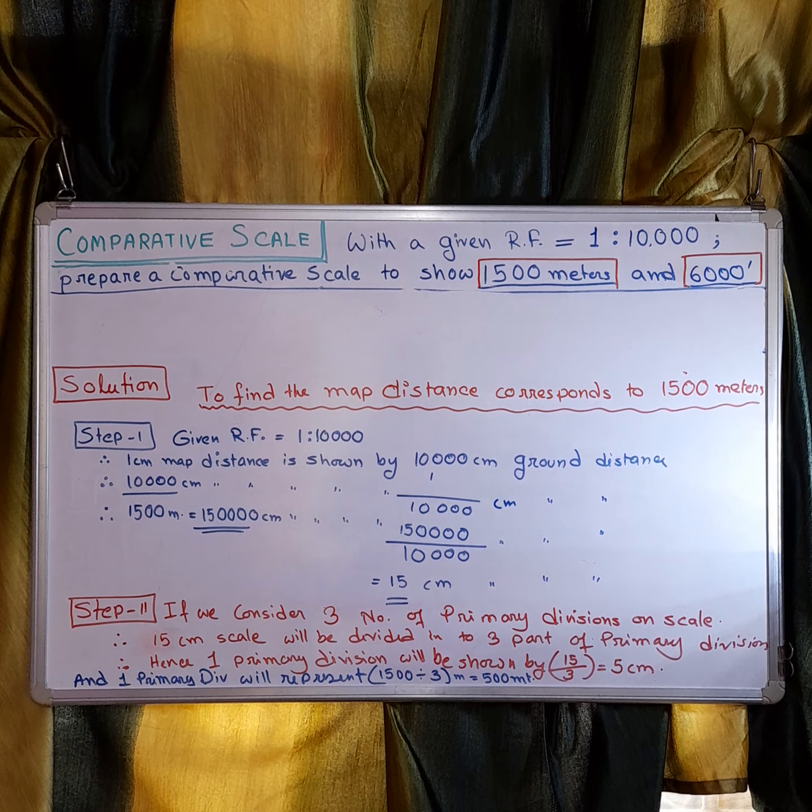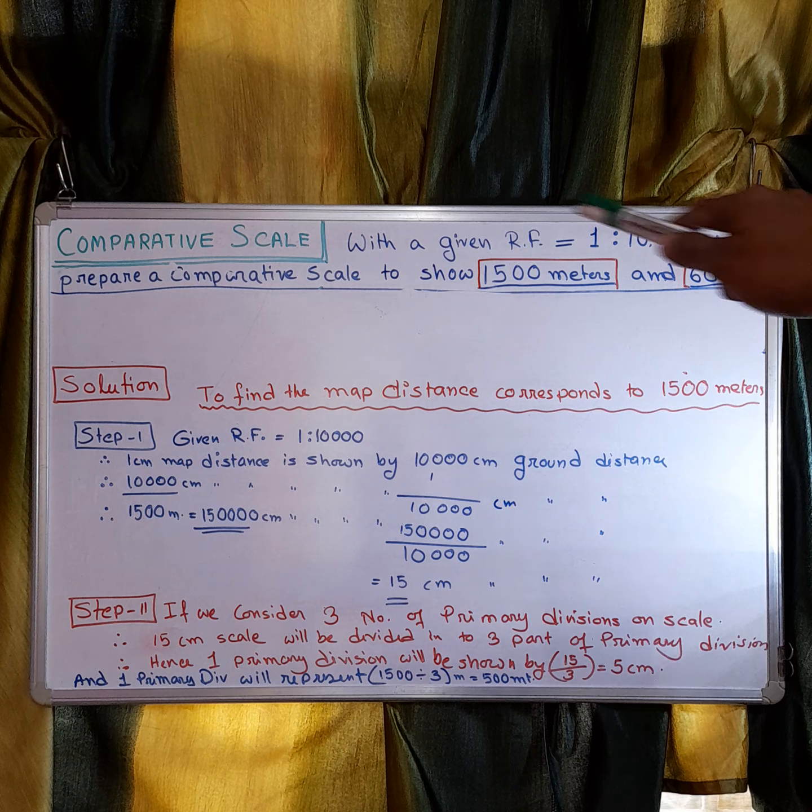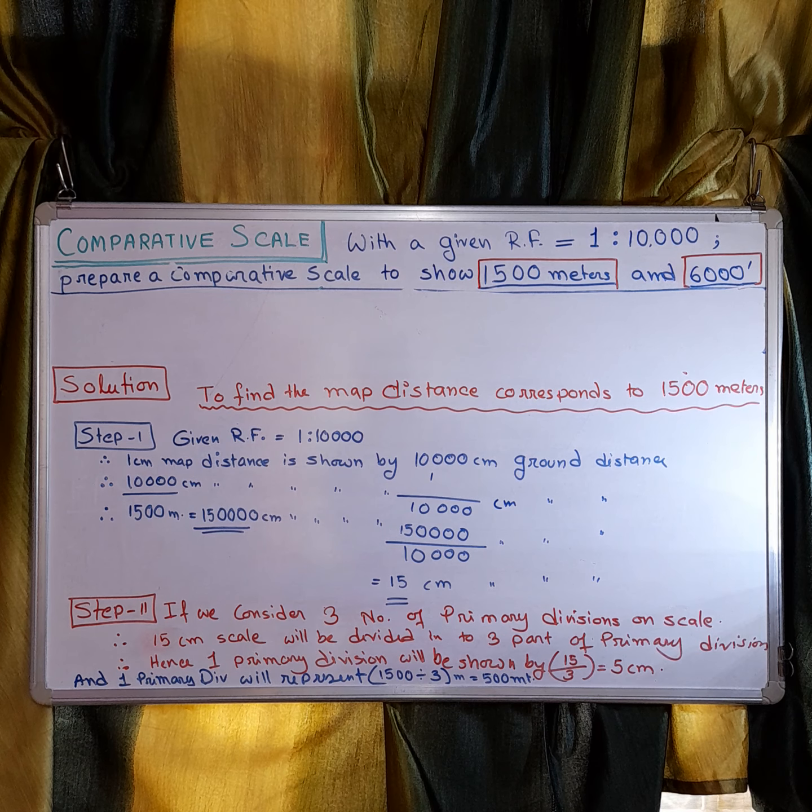Here we have a comparative scale. With the given RF, it is the question actually. With the given RF 1 is to 10,000, prepare a comparative scale to show 1500 meters and 6000 feet. Here,